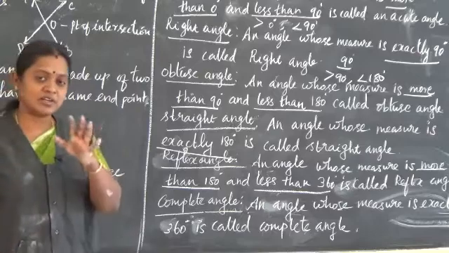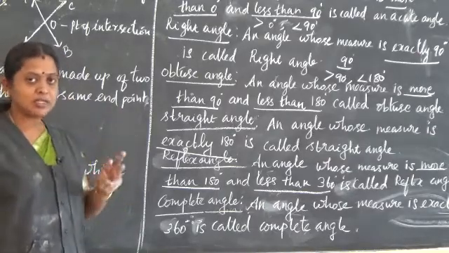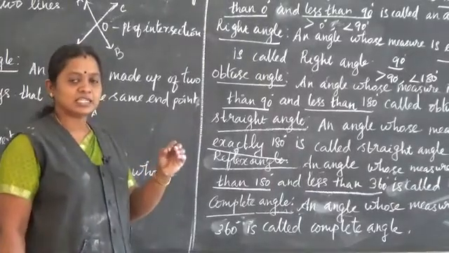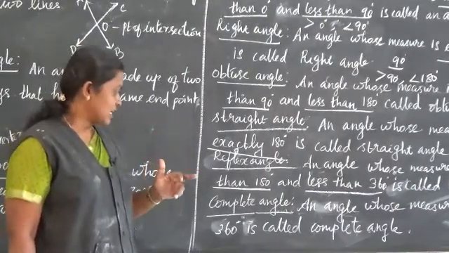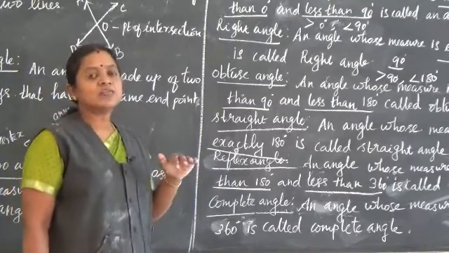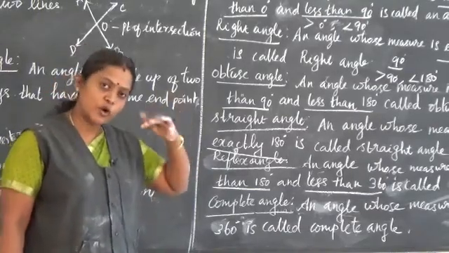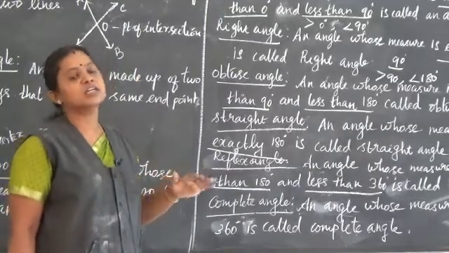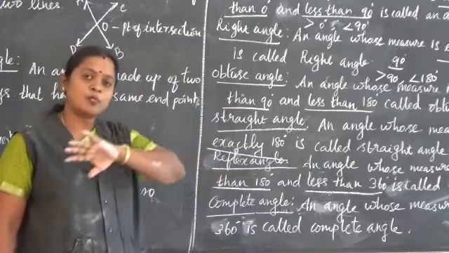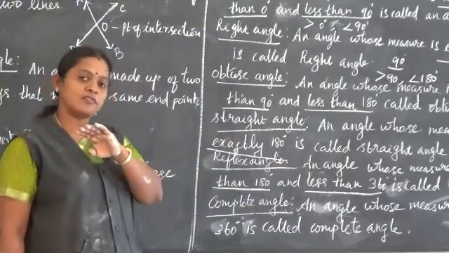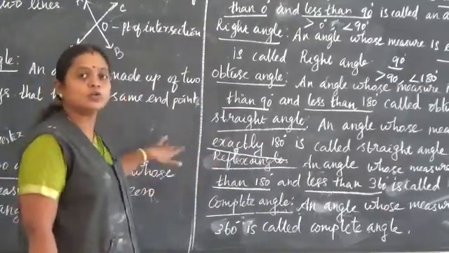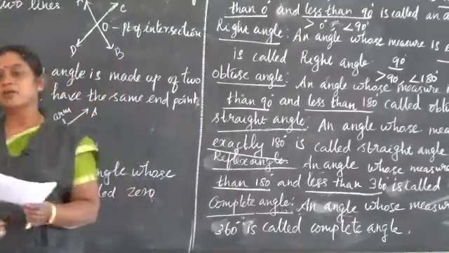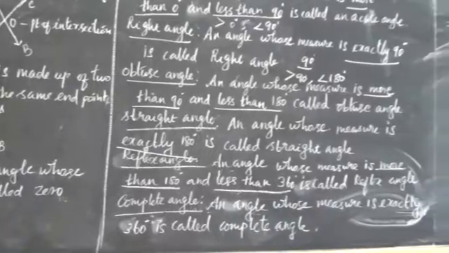So we have 7 kinds of angle: zero angle, acute angle, right angle, obtuse angle, straight angle, reflex angle and complete angle. Whenever you are learning angles, if you learn in the same order, definitely you will never forget. Before you learn vertically opposite angles and vertically opposite lines, you must know these properties. And one thing you should remember: what is meant by complementary angles.